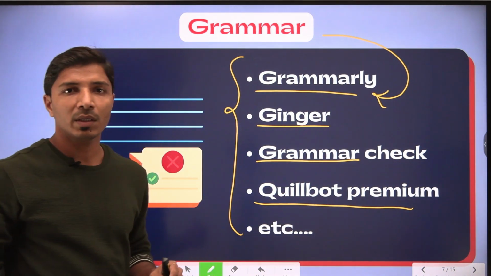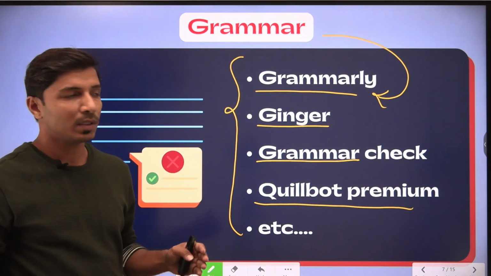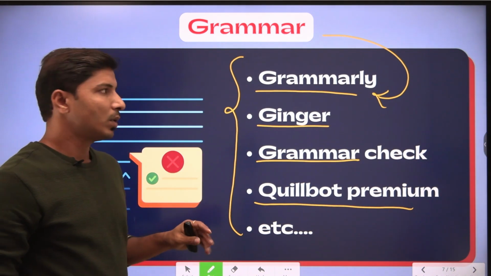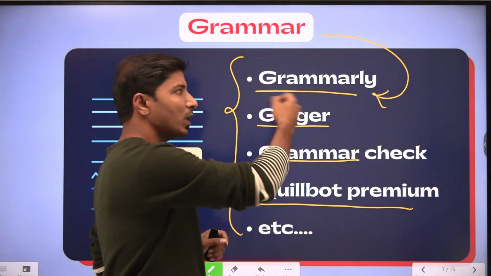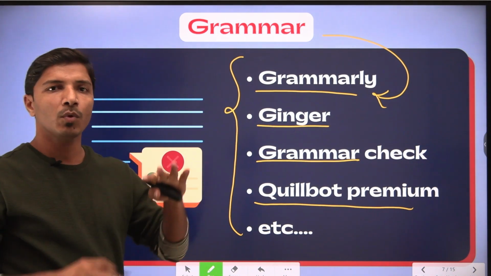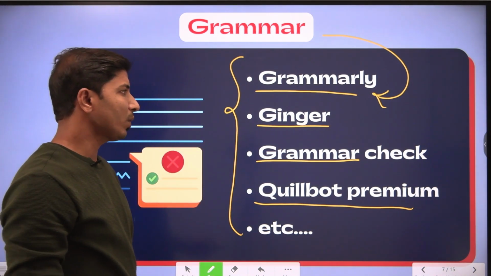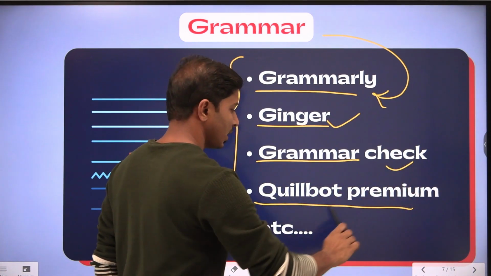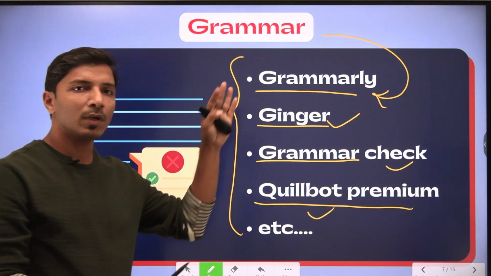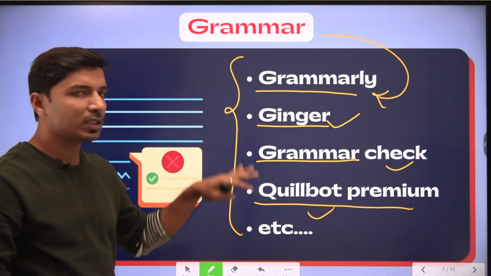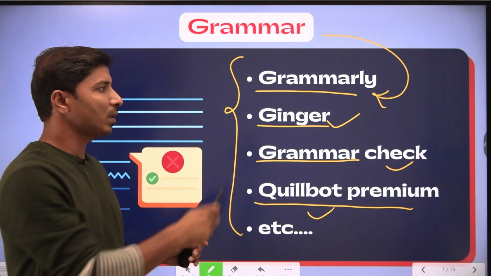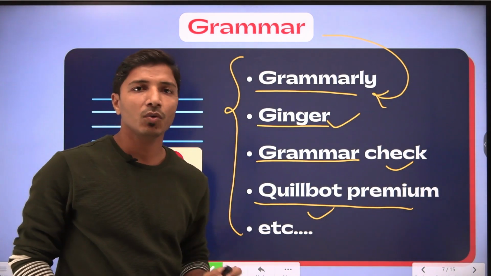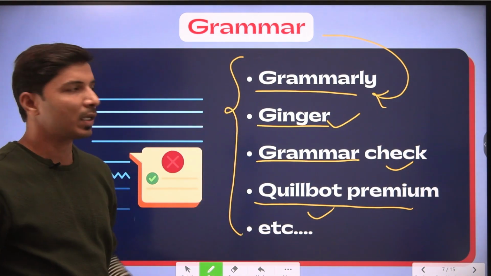This tool is used in topmost universities as well. They have subscribed for the business accounts and they are using this Grammarly. So this is the oldest, simple to use and most established tool. Okay, the cost of Ginger, Grammar Check and Quillbot may be comparatively less than Grammarly, but the performance of these tools is not comparable with Grammarly Premium. So the suggested tool is Grammarly Premium.